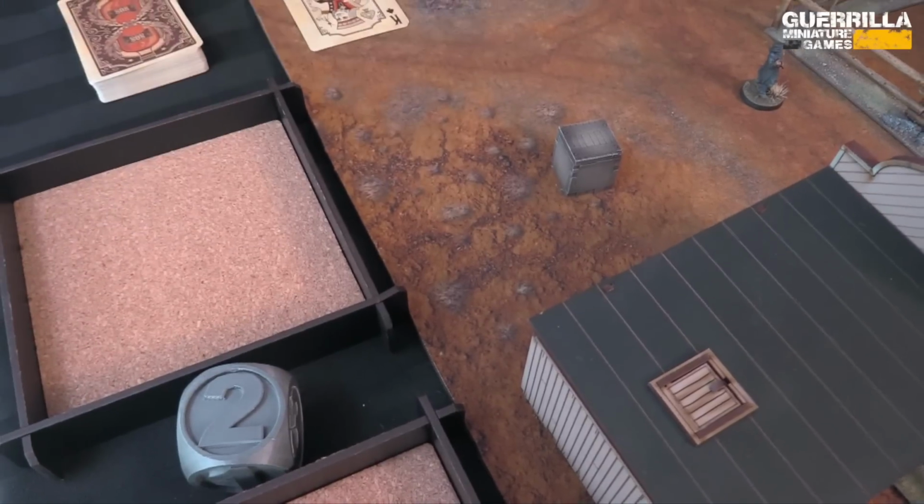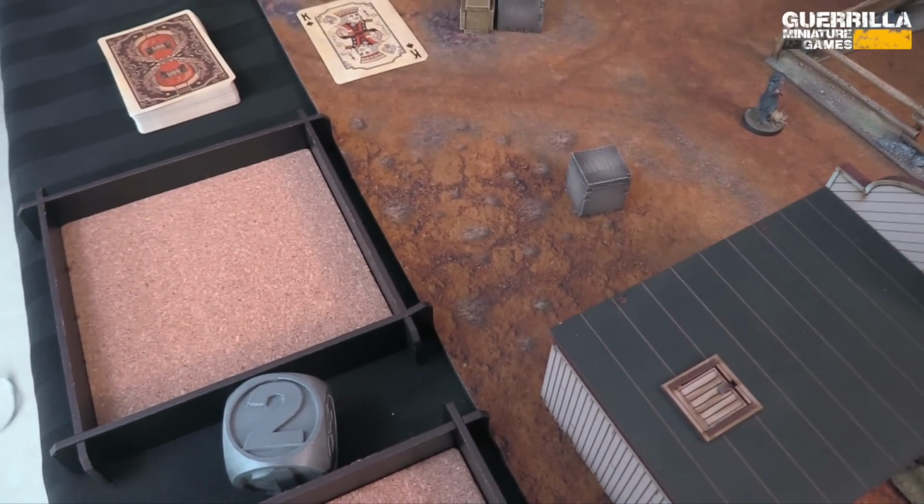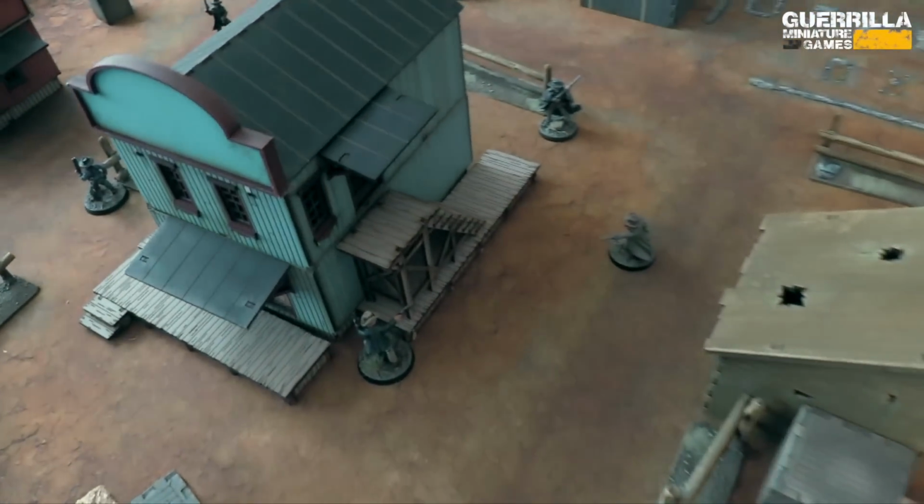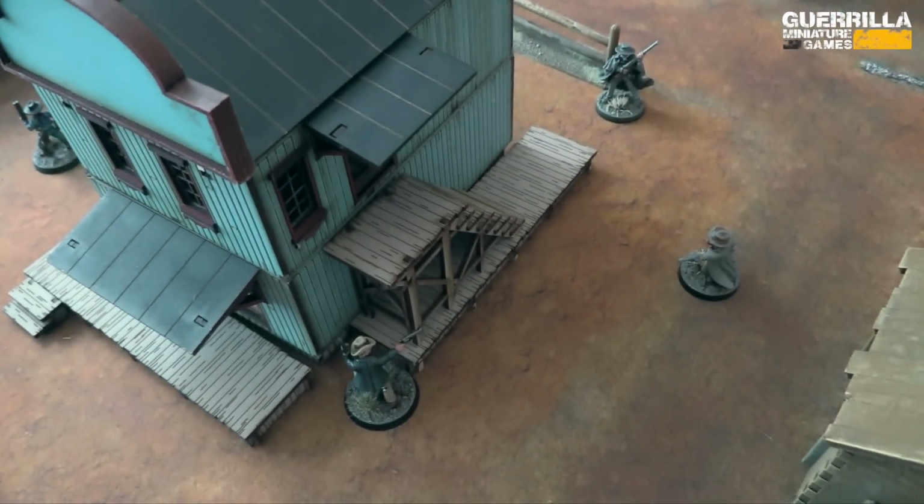No, that's 3. Okay. Well, roll again. No, it's fine. Oh, no, roll again. No, I just... Roll again. Why do I keep it in the corner? There we go. And then Elliot Samuels is going to...